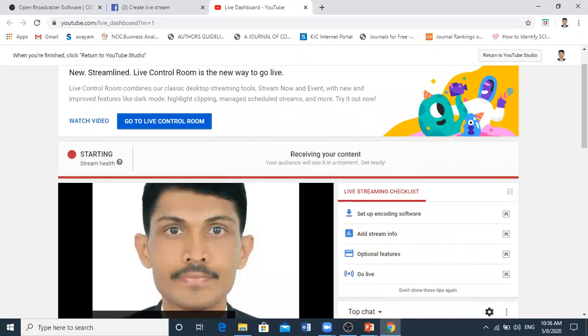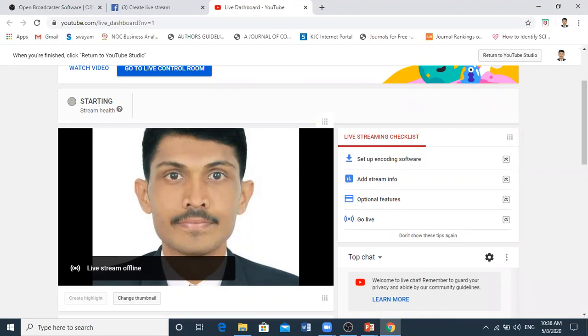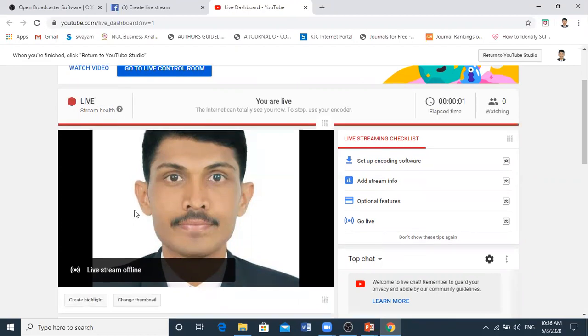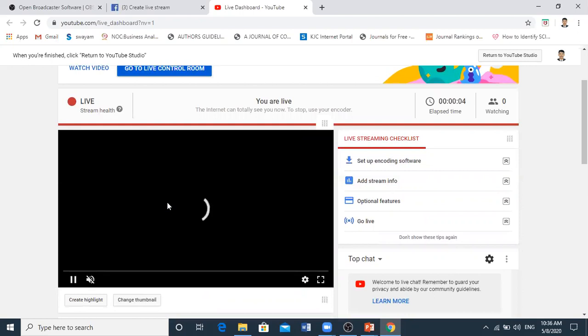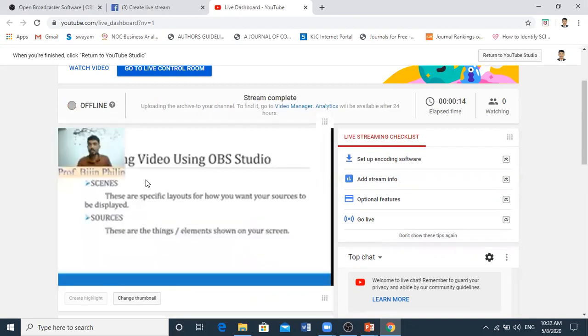Now it is showing that the signal strength is very low, otherwise it would be in green color. So you can see that live streaming has started.